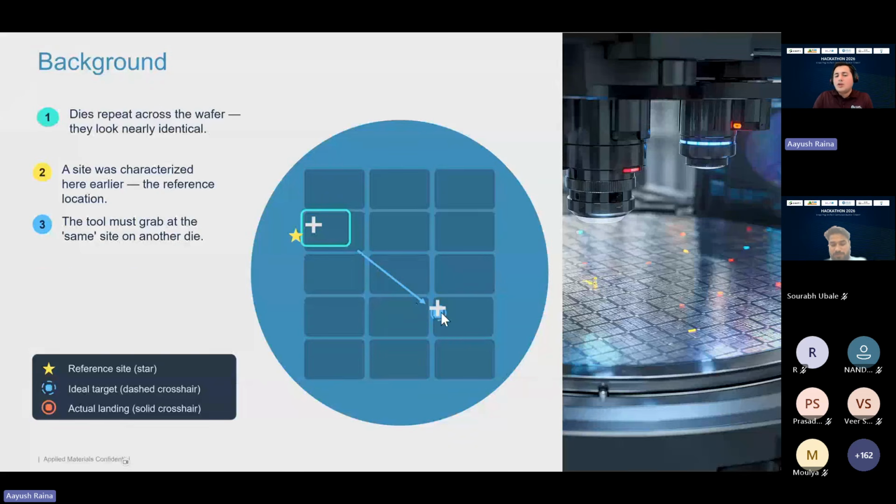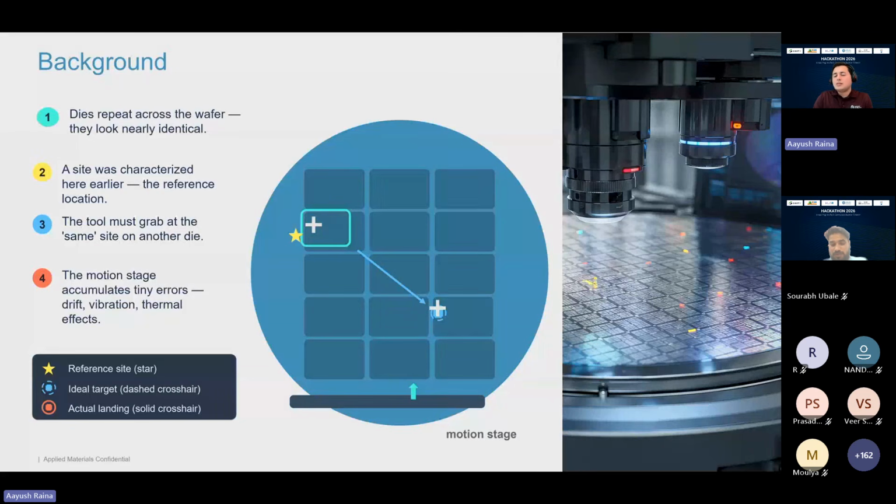I know what the distance is. I try to move that distance, but there is a stage error. I'll talk about stage error also to explain more. But eventually I reach a different location. As a result, I'm grabbing at a different location, and if I grab at this location, I will not find a plus sign. So what is the criteria?